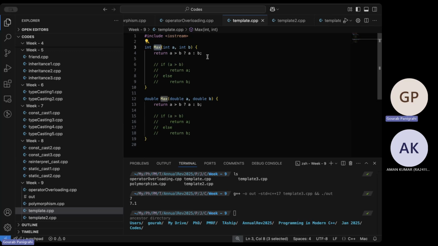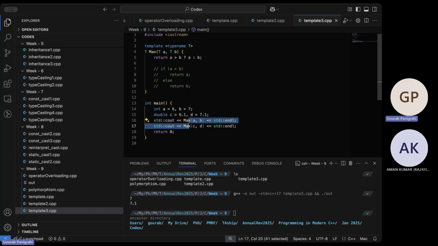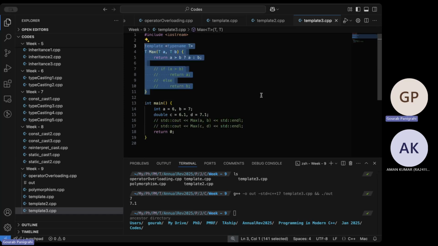There will be another max which takes two doubles and returns a double with this body that will also exist in the executable. But when you have a template, and let's say the max lines never get called, if it's a template function, nothing will exist in the executable.